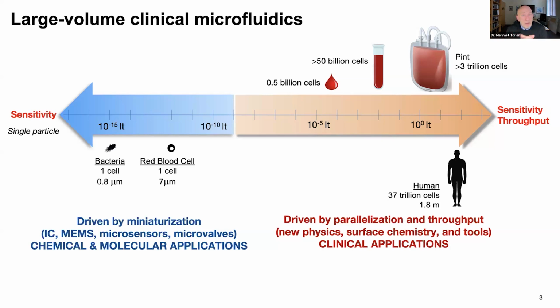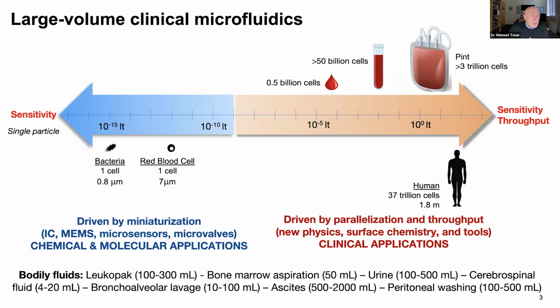And just to remind people, many people don't know, there are 37 trillion cells in the human body, and about 32 trillion of those, about 90%, are blood cells. So it's all blood, except, of course, non-mammalian cells, bacteria. I'm talking about 37 trillion mammalian cells in the human body. So the clinical applications are not just blood. There's the leukopak, bone marrow, urine, cerebrospinal fluid, bronchoalveolar lavage, ascites, peritoneal washing. These could be up to 5-liter volumes, and with cells and molecules in them that are extremely useful for diagnostic